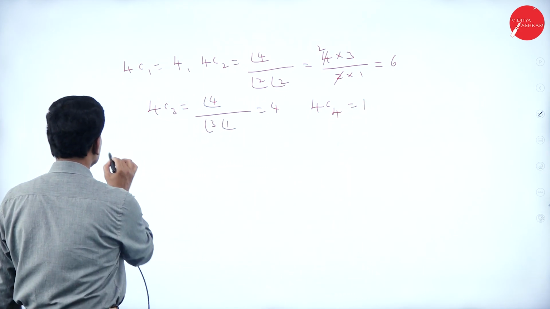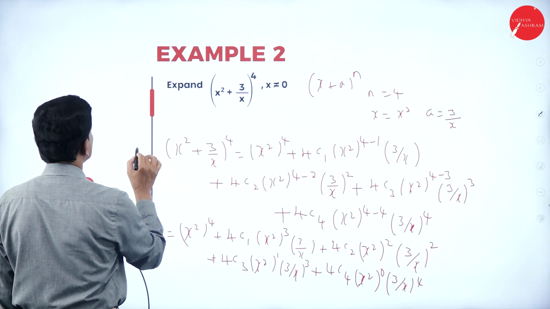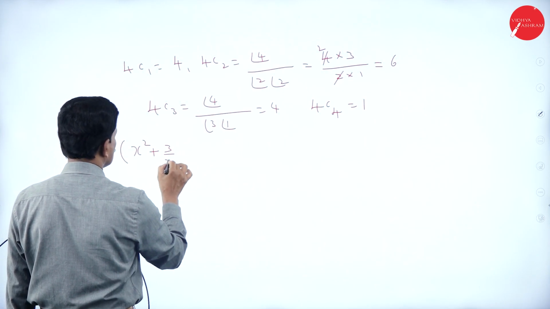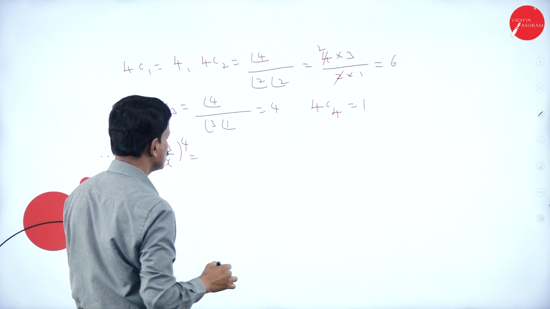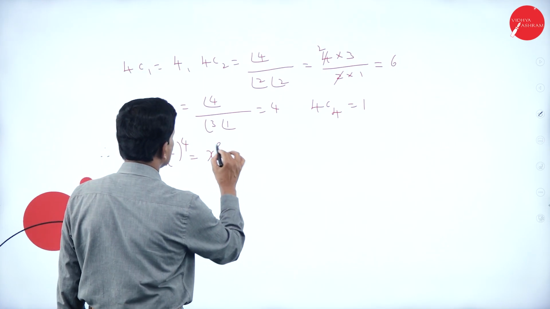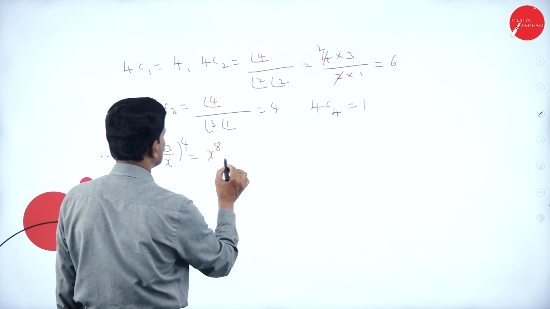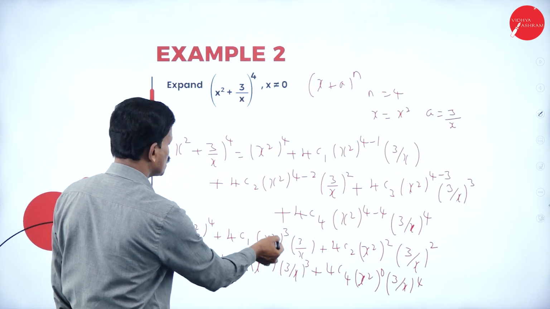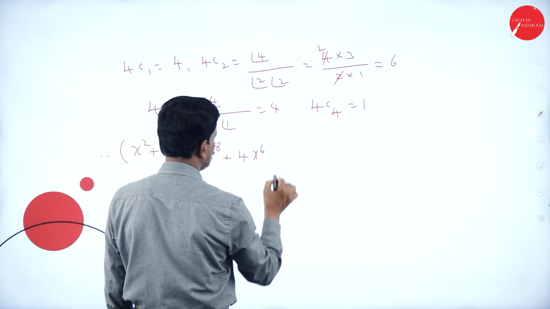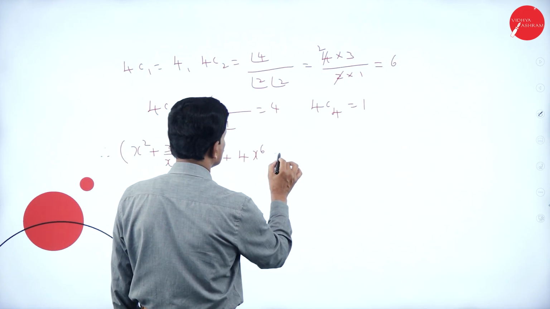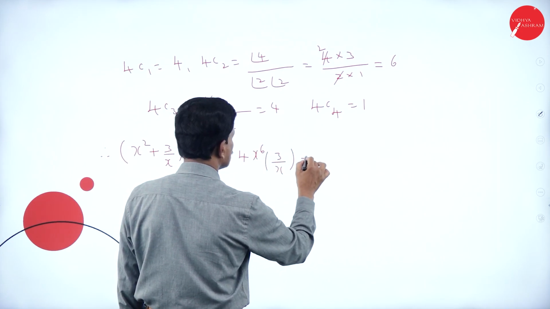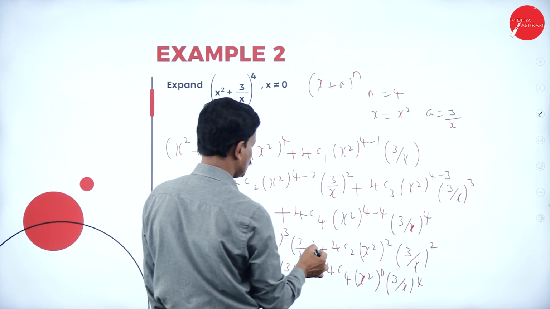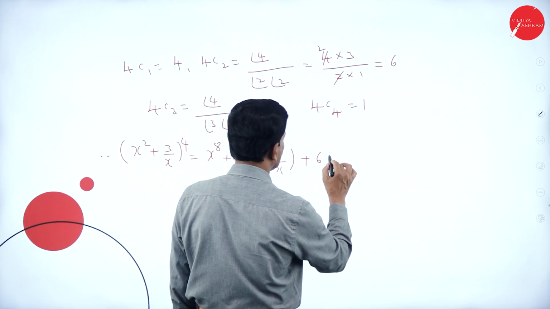Now substitute here. So therefore the given expression (x square plus 3 by x) whole to the power of 4 can be written as x square whole to the power of 4 is x raised to 8, plus 4C1 is 4 into x to the power of 2 threes are 6, x power 6 into 3 by x, plus 4C2 is 6 into x square whole square is x to the power of 4, into 3 square is 9 by x square,